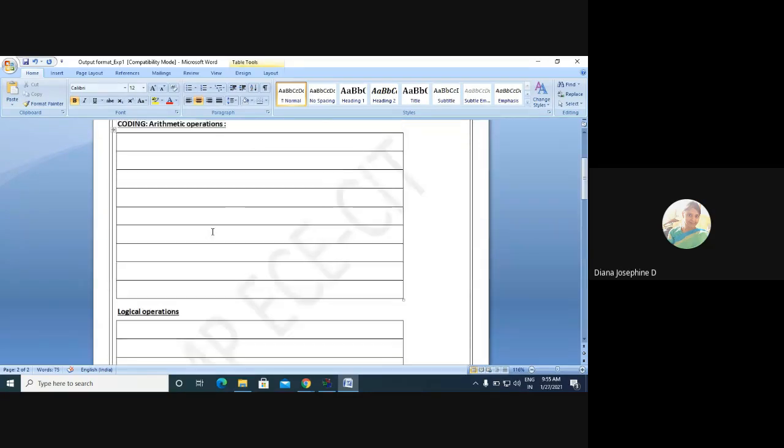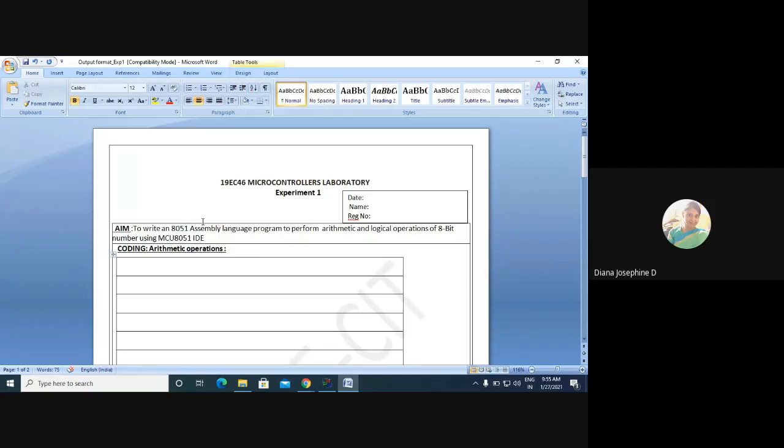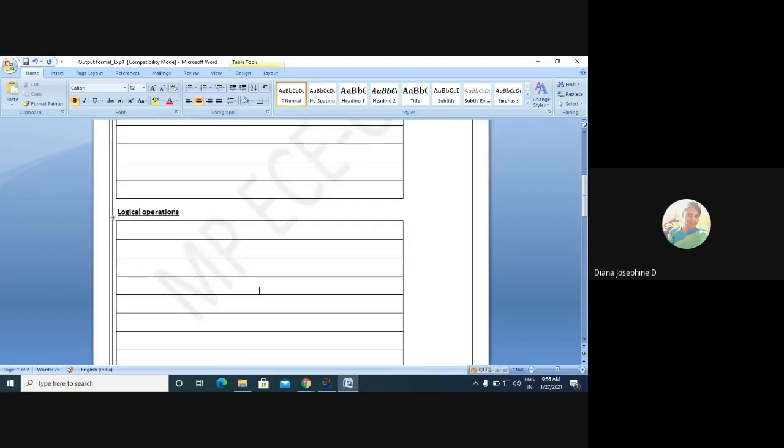Each one of you, as I said before, should have different input values. No student should take the same input value and write the output sheet, because for your CAT exam, each one will be given a different question. We'll be taking 70 questions, and each one of you will be given a separate question, a similar type of problem statement as taught in the class. So be attentive in the class. You do the code, take your separate inputs, simulate it, get the output, do manual calculation and verify that you have got the correct output, and fill this output table.